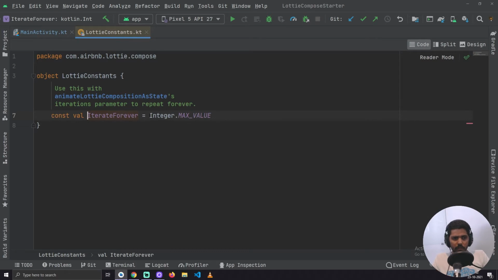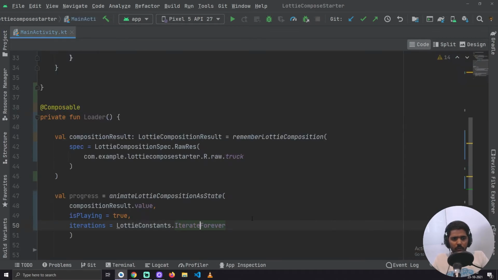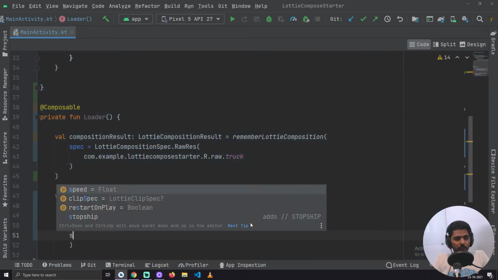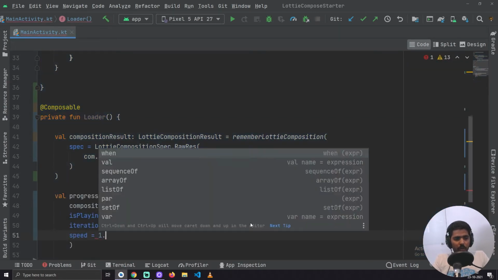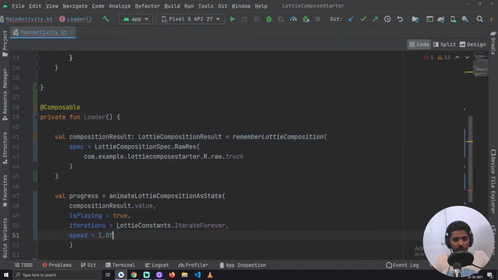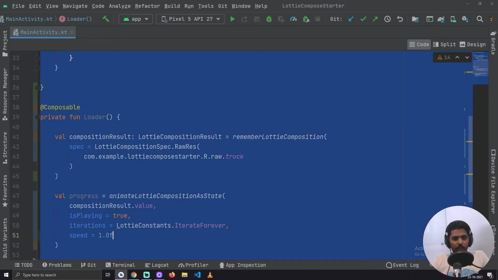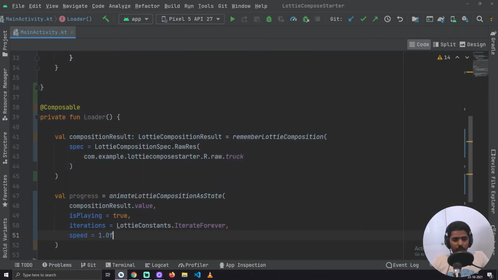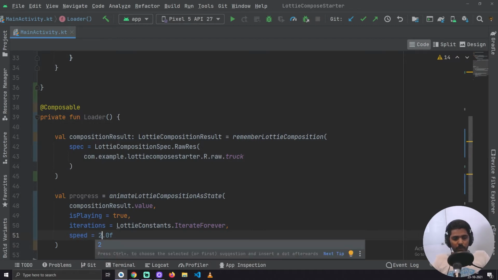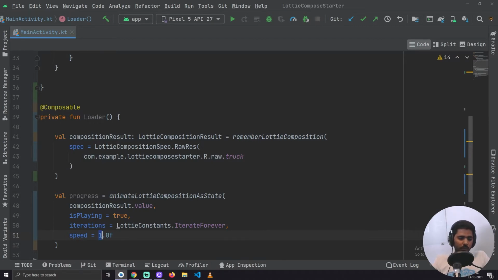This is just Integer.MAX_VALUE, so it will iterate forever. After that we will provide a speed. You can provide any speed you want. I am providing the default speed of the animation, which is 1.0f. If you want to make this speed, let's say twice, you can do that. And if you want to make this animation half the speed, you can provide 0.5f as the animation speed.